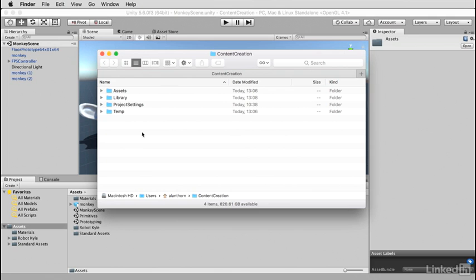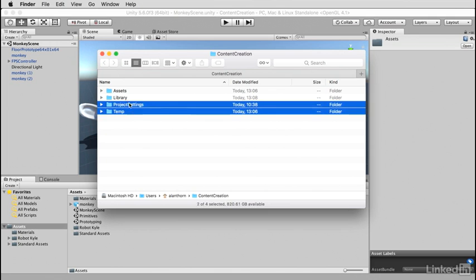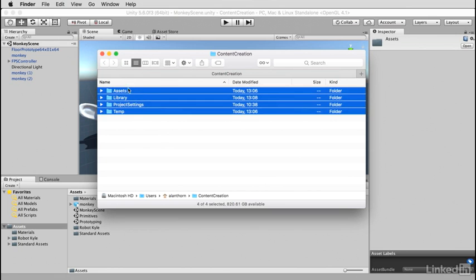If we wanted to back up our project or to send our project to somebody else, we would simply need to select all of these folders here and compress them into a single zip file that we could send to somebody else, and that person could extract the contents of that zip file, that compressed file, and then load back our project simply from these zipped files here. So these 4 files are contained within the content creation parent folder,